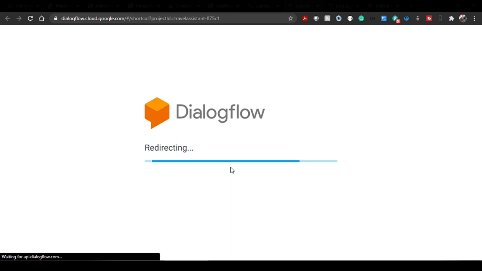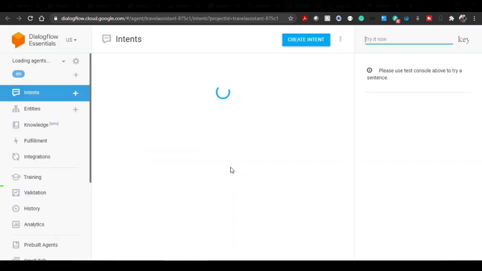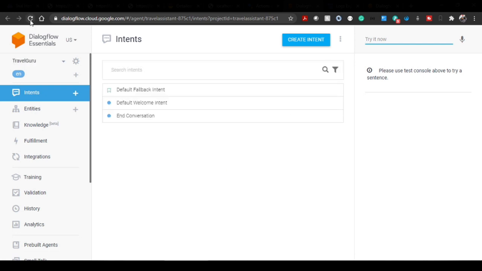It will open. It may take a little time to restart. In case it is taking longer than usual, you can just refresh the browser once more. It will take you to this dialog flow screen. So we need an intent, of course, and I have mentioned one intent specifically, which I'm calling end of conversation only. The rest I have is a default welcome intent and default fallback intent.